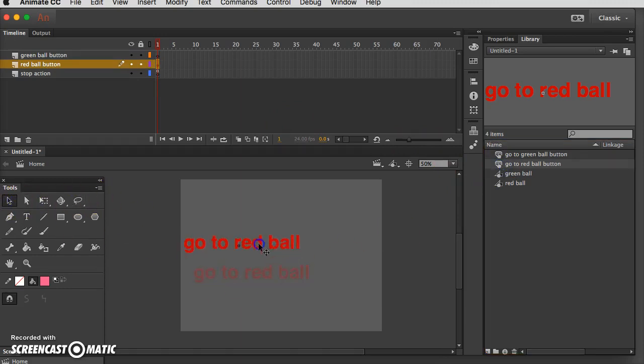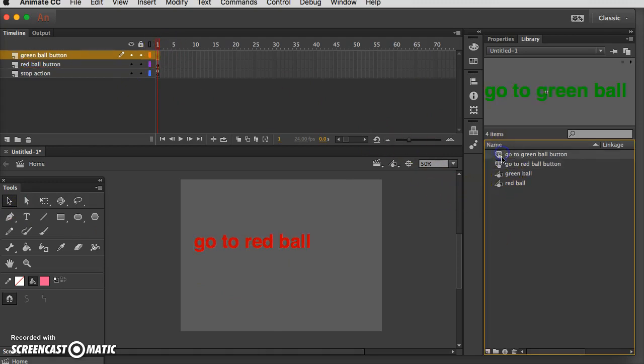And I just want to position this. I'm going to go to my green ball button layer, and I'm going to type that. Okay. So we want to keep these separate because it's just going to make the ActionScript a little easier. Next. It says with the black selection tool,